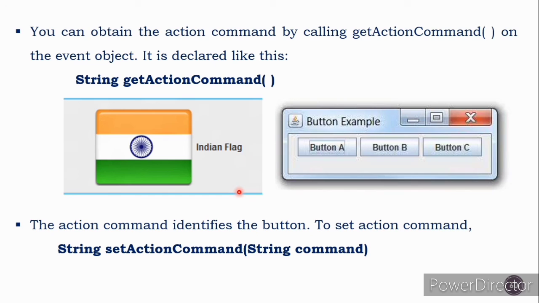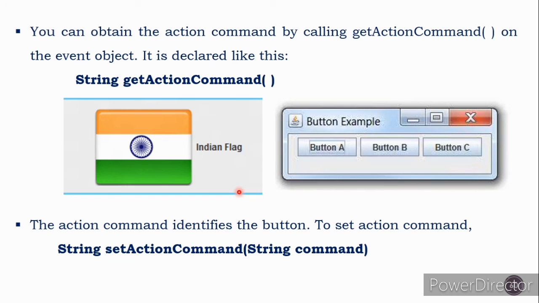So the action command identifies the button. Thus, when using 2 or more buttons within the same application, the action command gives you an easy way to determine which button was pressed. When we are using more than one button, in our application we can use multiple buttons, at that time it is very helpful.